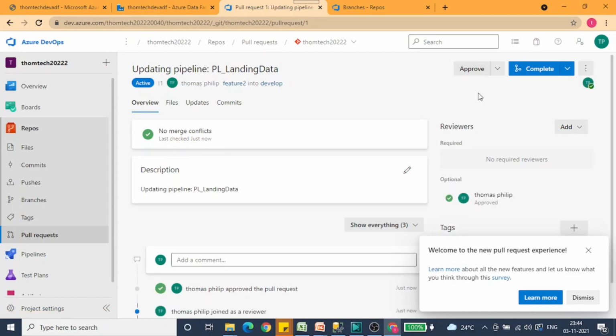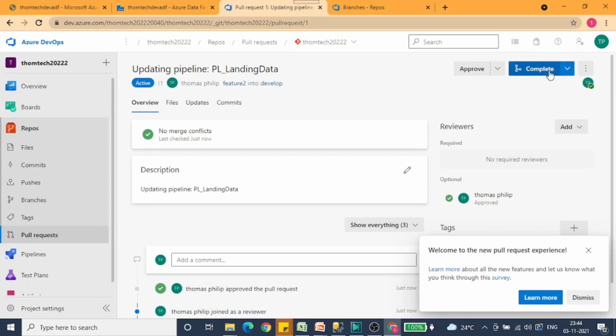Before it moves to the prod, let's suppose it's going to a prod approval, so we will be sending it out to somebody for review, like a manager or a reviewer. So we can add the reviewer name over here, required or optional. If he is not approving it, we cannot go and complete it. Those features are available in Azure DevOps. Once it is approved, so I have approved it over here because I have not kept any reviewer for this, and then we have an option to complete it.